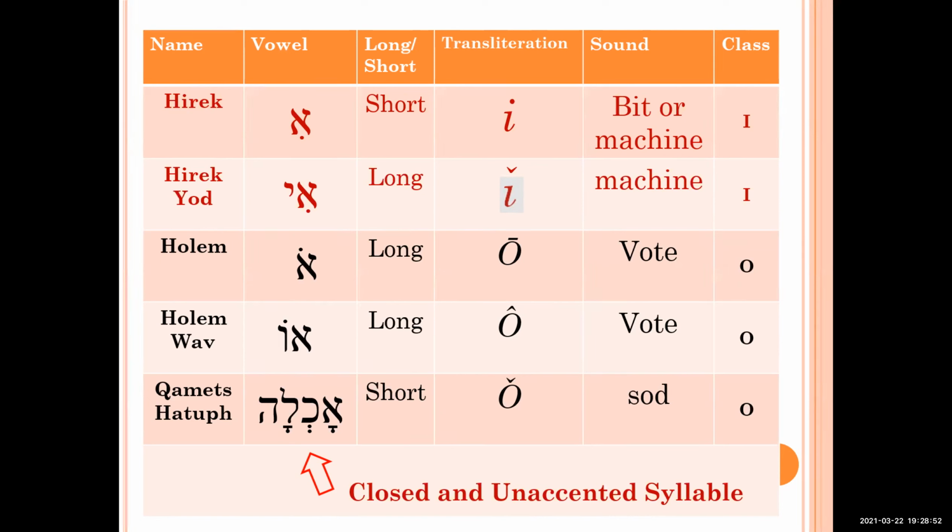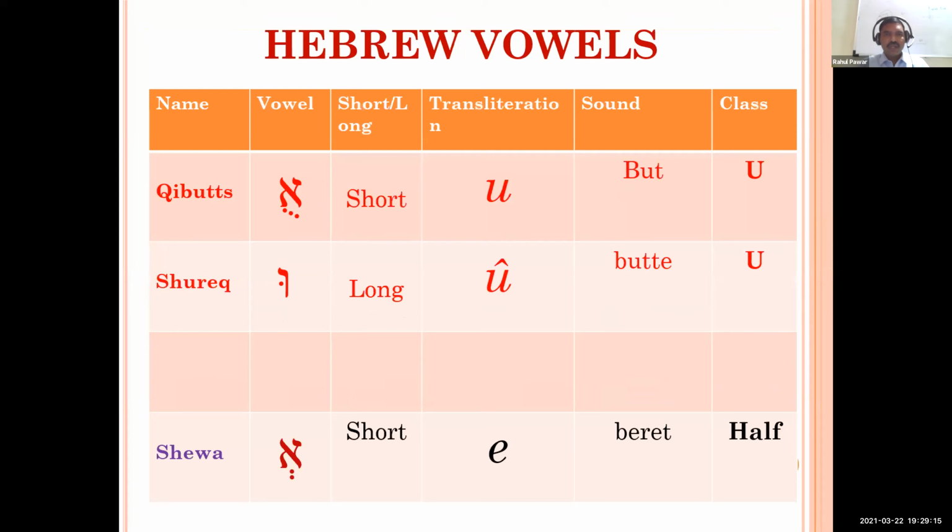But sir, I have a doubt. Yeah, please ask. For example, Komets Hey, Sere Yod, Holam Vav, we use Shurek and all. We use the consonant and we place the dots or the accent. Yes, these vowels take a consonant in their formation. That is what I am going to show you in the next slide.